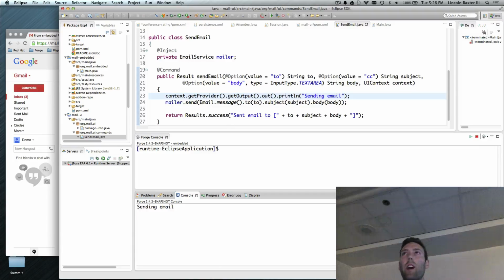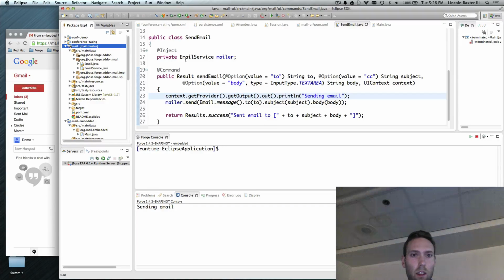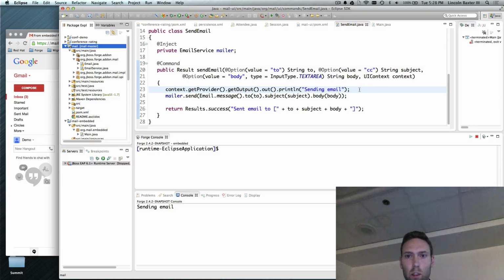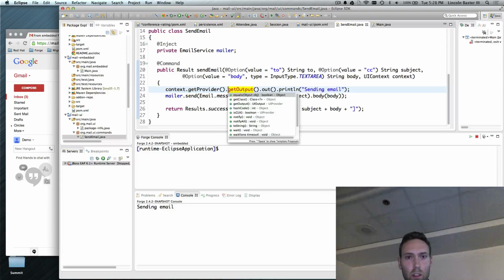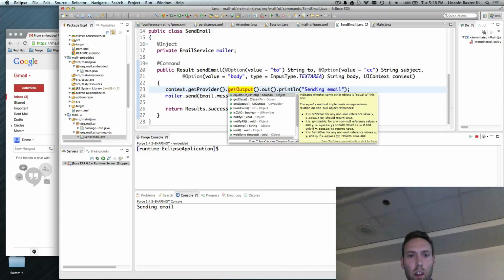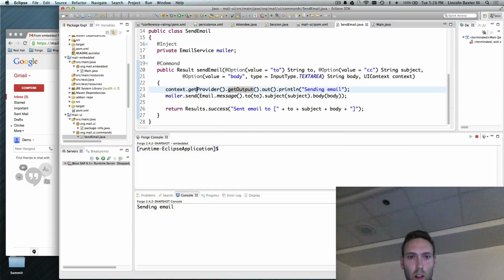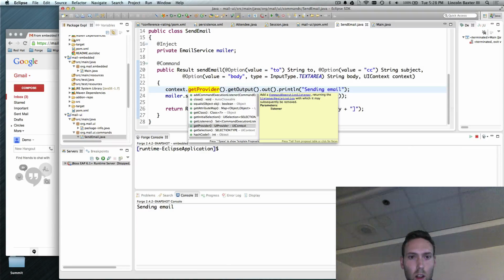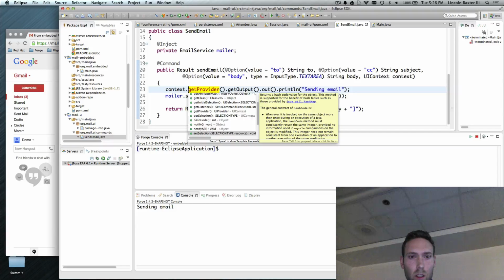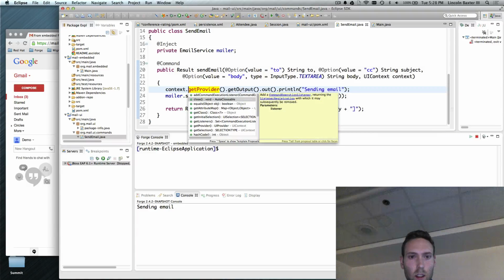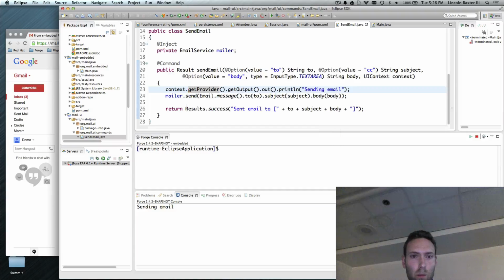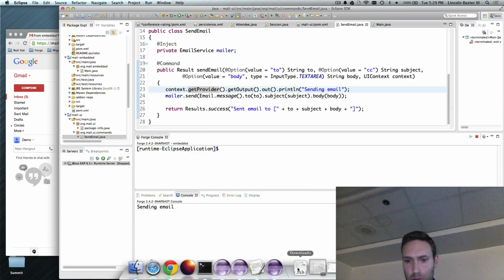The other option you have is to actually use a progress bar, and that can be done similarly using the context and the provider; you can get a progress bar from one of these. I don't remember where the progress bar is. I know it's in the